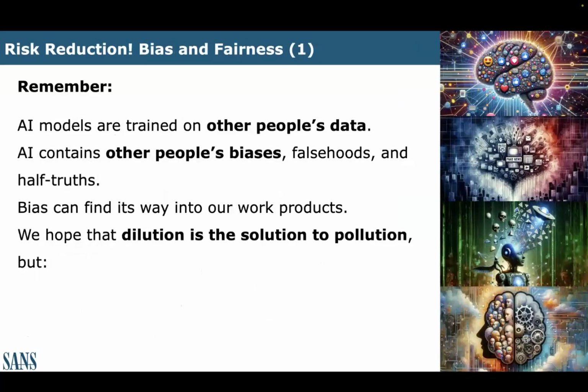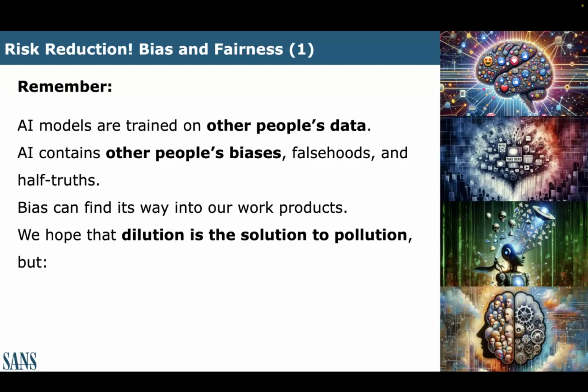The next risk we'll talk about is bias. You guys heard of AI bias? When I talk about the sources of the data in the LLMs, they are other people's data, they contain other people's biases, and they're full of nonsense and conspiracy theories. When they train these models, they do some simple web filtering to try to keep that stuff out, but of course they can't. And what is bias? It's subjective.